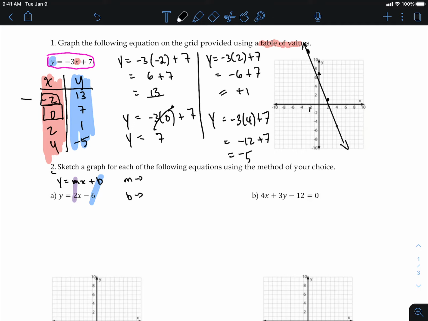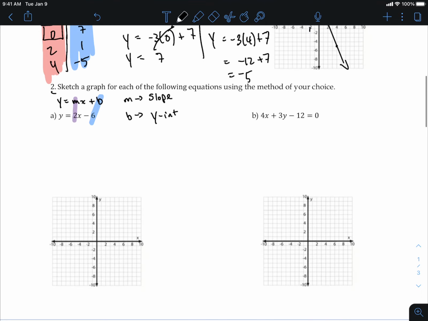M is slope. This is the Y-intercept. Now that's great to identify it, but we still don't necessarily know what it means. The Y-intercept is where the graph crosses the y-axis, intercepts it, right? So it crosses. If I say m is equal to 2 and b is equal to, is it 6